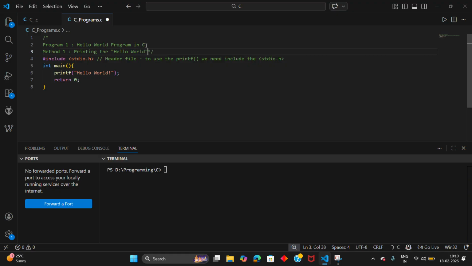Just a second. In the main function, the first approach is this: in the main function we use hello world. This is the code, so let me execute the code and show you the output. Let us see the output. To execute the code you must use these commands.